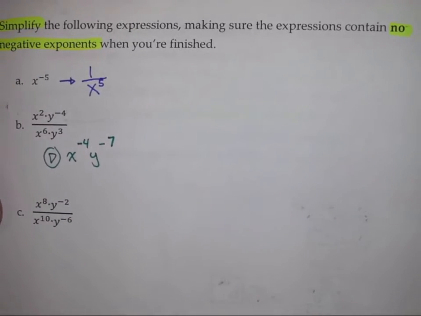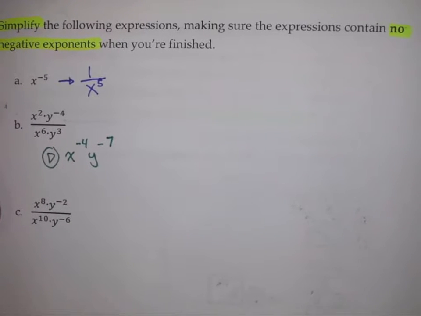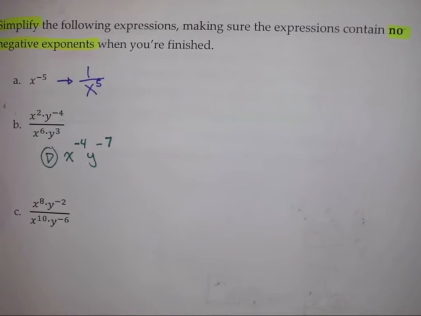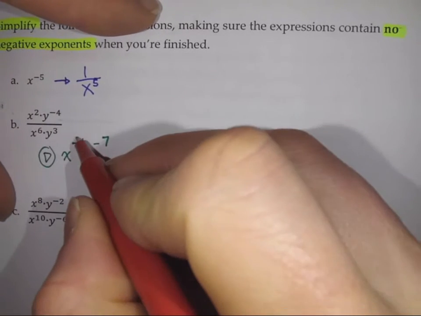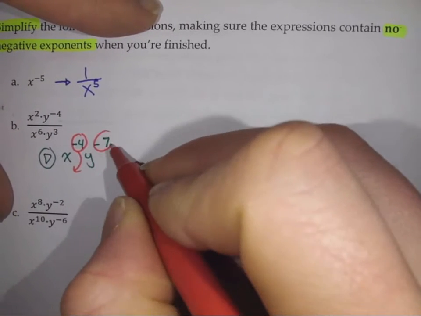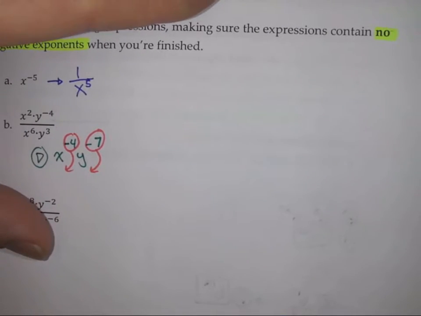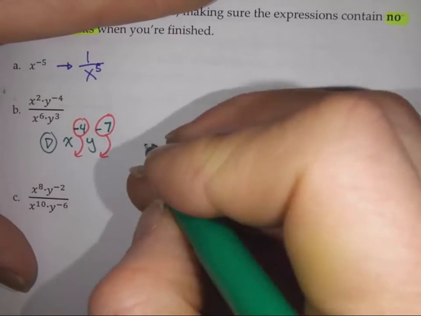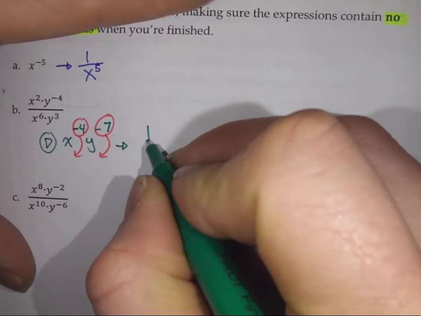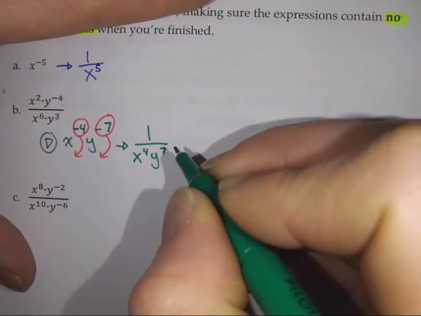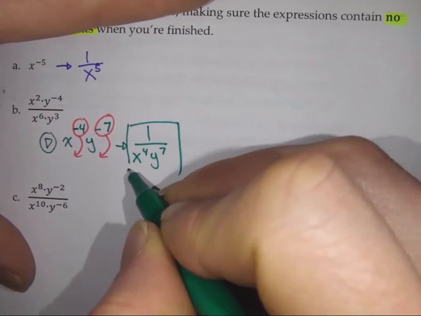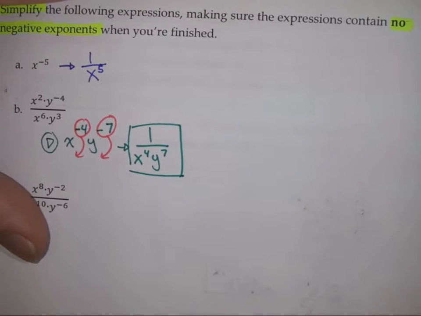And where's my red pen? There it is. And then we have these 2 negative exponents. So both of them need to be flipped downstairs into their sort of reciprocal form. So then we actually write that as 1 over x to the power of 4, y to the power of 7. So that's one method we could do. We could do that flipping of negatives after. Or